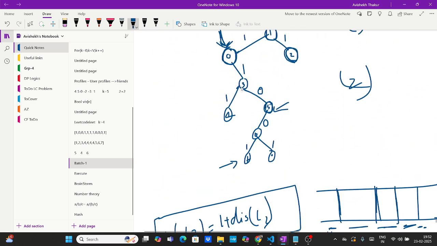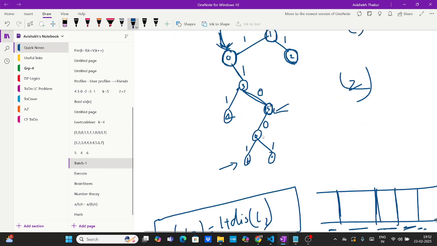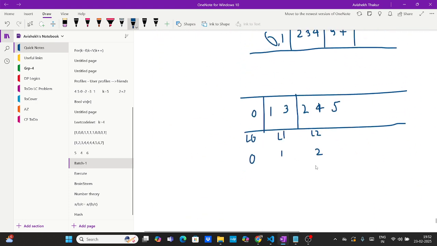The tweak is node 5 is not having a distance 2. Instead, it has a distance, how much? 1, right? 1 plus 0 is 1. But where did you insert it? 2. So it is not correct. True? Yes. Now,